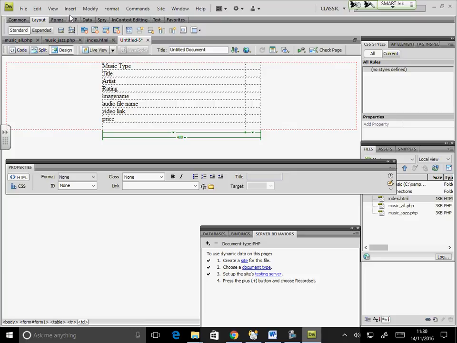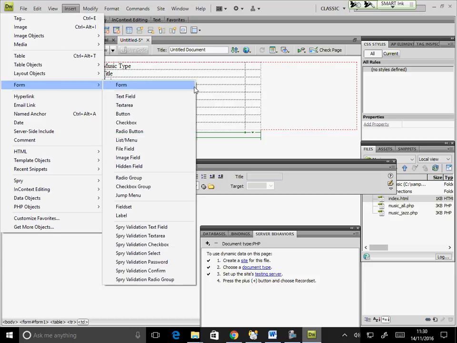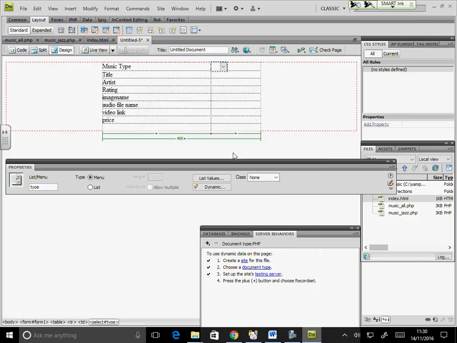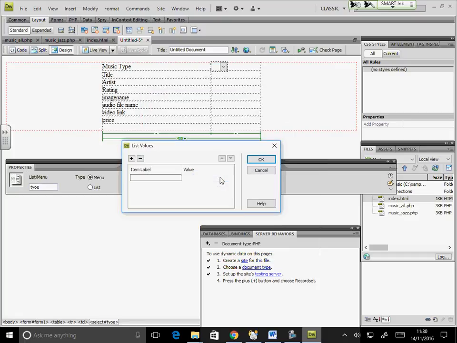So I am making insert form and I'm calling it list menu and I'm calling it type. Make sure it says no label tag. Okay, here and here list values. So I have jazz as type. The value should be jazz, whatever you want to store in the database.